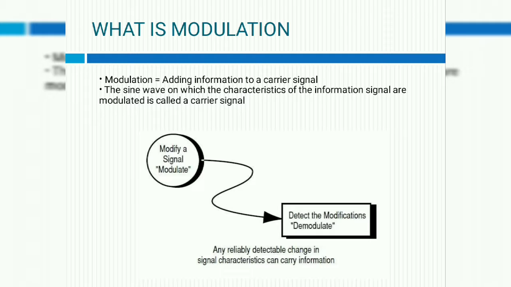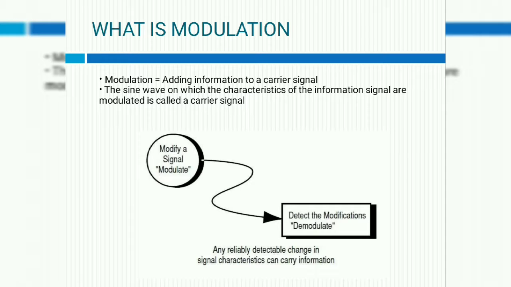So next, what is modulation? Modulation is the process of changing the characteristics of the carrier signal according to the input signal, so that the signal can be transmitted. In order to transmit a signal over a longer distance, we need modulation. Modulation means increasing the strength of the message signal and then passing it through the communication channel, by keeping the other parameters constant.